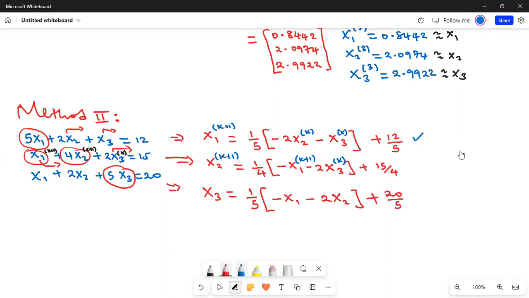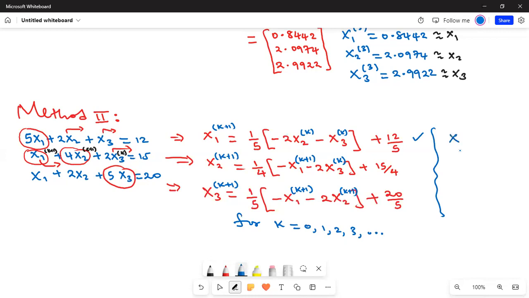which is 4. But now already we know x1 at level k plus 1 and x2 at level k plus 1. So we can use the immediate values we have found. So the level here is k plus 1 and even here it is k plus 1. Already they are known. So that you get x3 at level k plus 1. That is the iterative formula